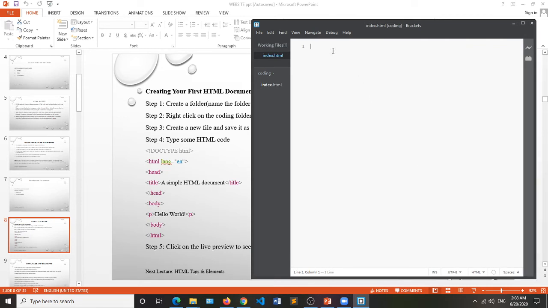Non-developers ask us developers, what is coding? They normally hear the term coding. Actually, coding is just like writing a letter, or any language that you find in the world: French, English, German. When someone is writing German, there are certain characters that you might see in German which you wouldn't find in English.